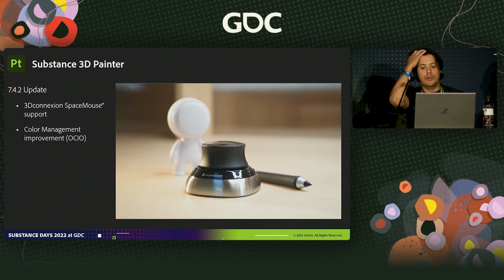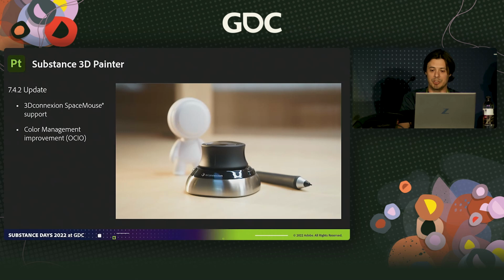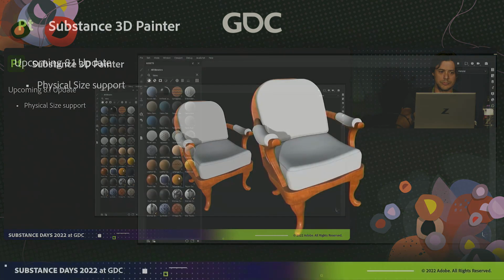We also have new improvements coming for OCIO color management. It was released last year, the first iteration of this with 7.4. That was our first version of color management, and we're just continuing to improve. This is all based on the feedback that we're getting from our users and from the community. So we have lots of new changes and updates to that based on your feedback for OCIO.